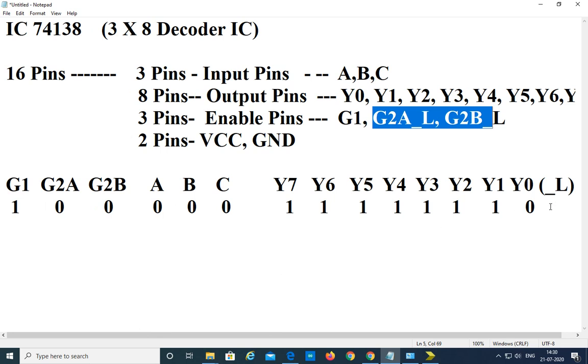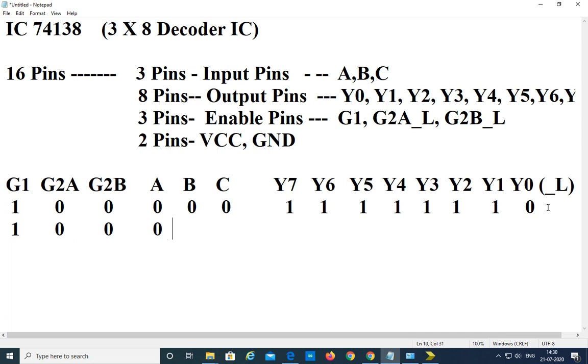Now for the remaining combinations, the IC should be enabled with 100 only, and when the IC is enabled and you are giving the combination 0 0 1, then the second pin is activated.